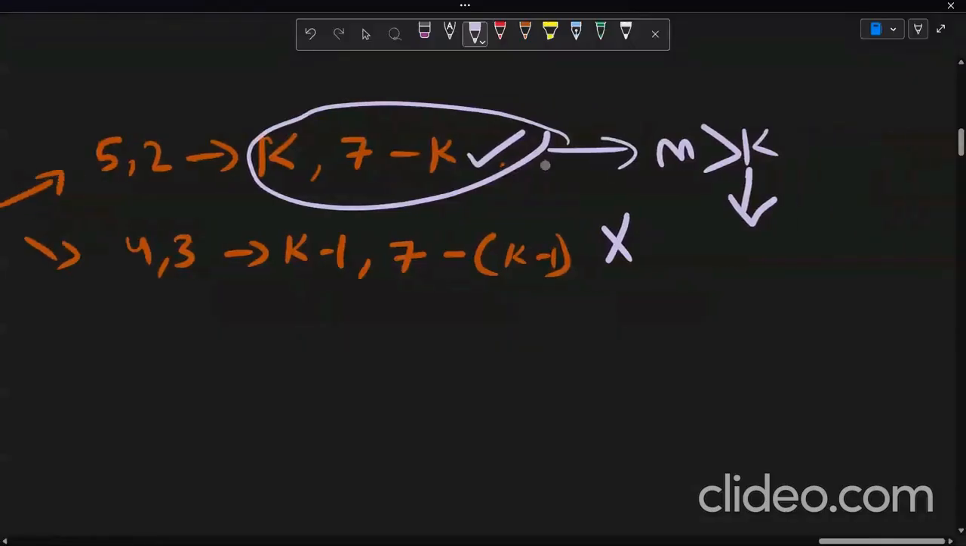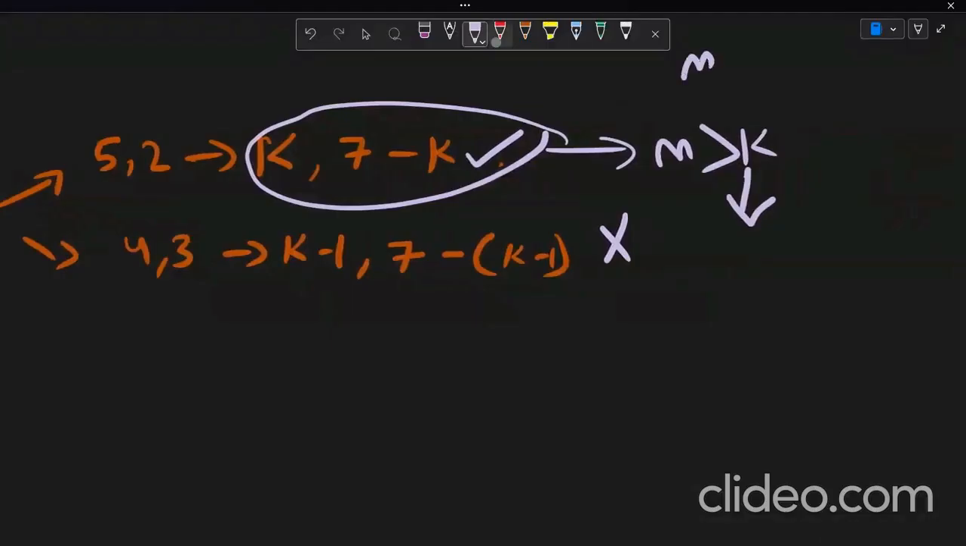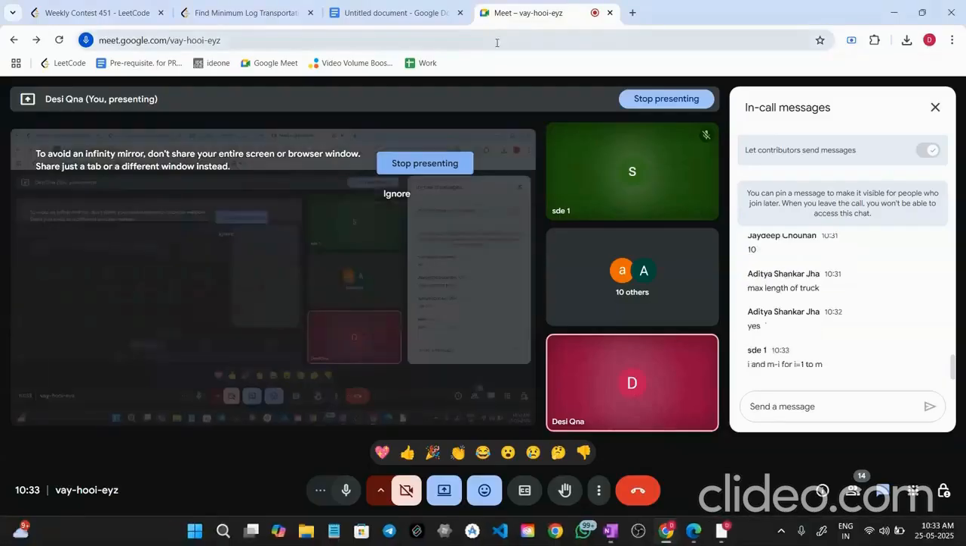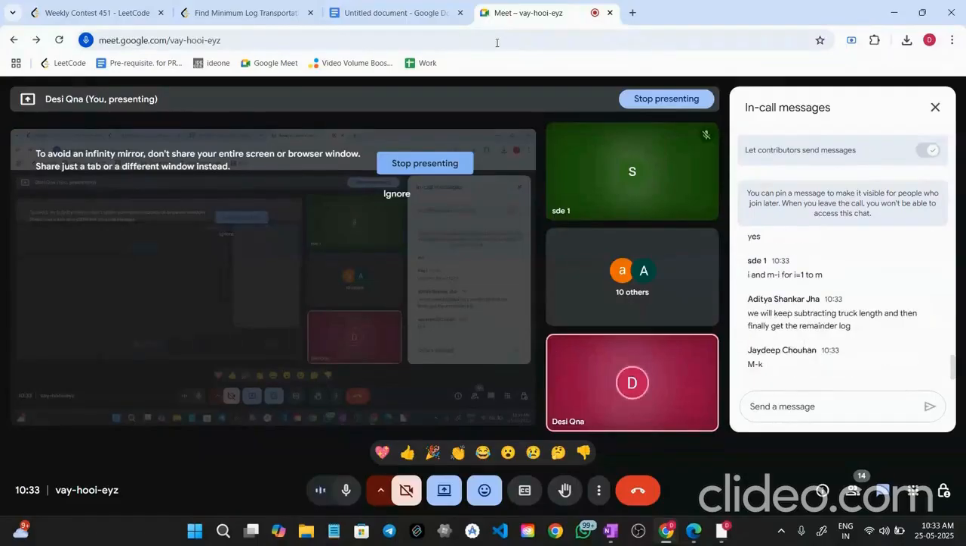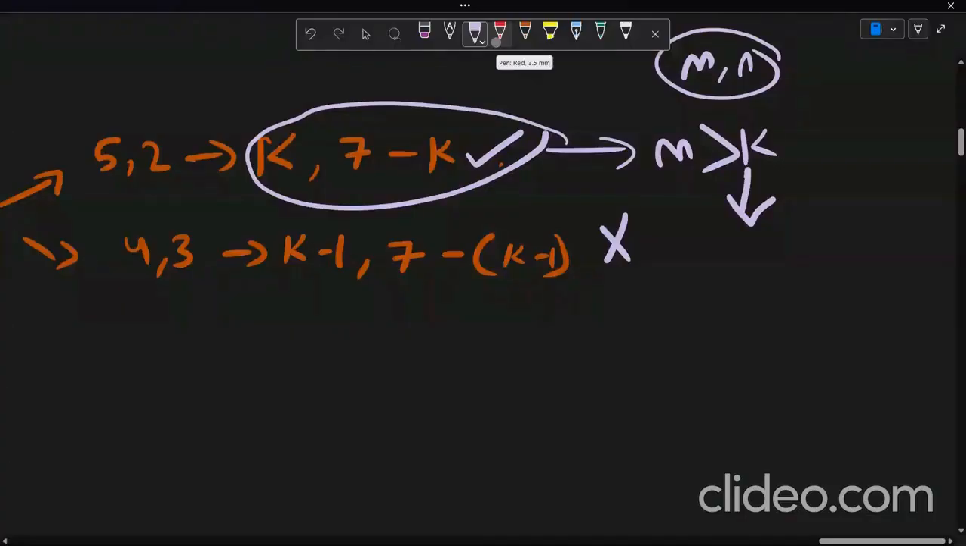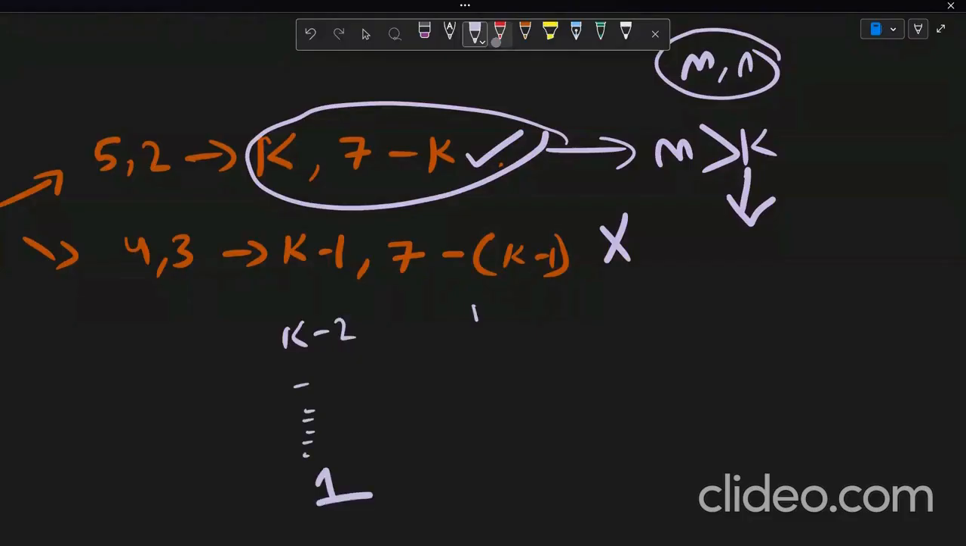M is the length of the first log which we have to transport. You remember we had m comma n; these two logs we have to transport. So if the first log is greater than k, how will you divide it? Tell me. M minus i? No, incorrect. We will not check for every i. Yes, because there are multiple options. You can do k, then k minus 1, even k minus 2, like this till 1. But you will discard all of them and choose only that option which gives you k,